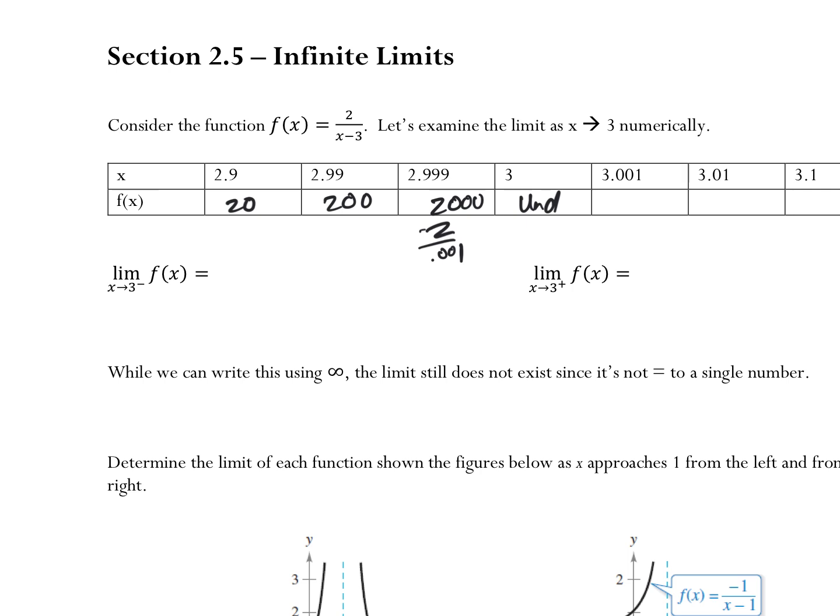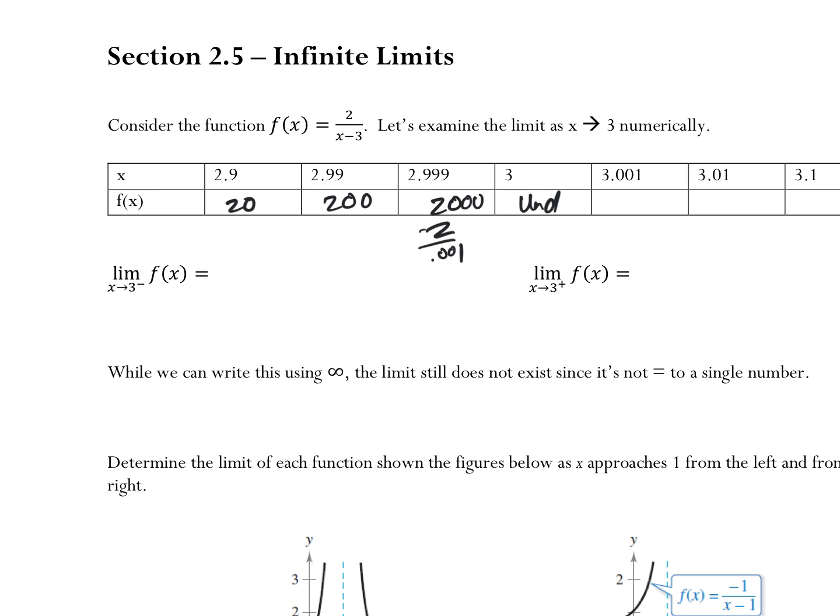Is everybody with me? Okay, so what's happening to my y values as I have it, they're going up, and not only are they going up, they're going up wicked fast. Is everybody good? So the limit doesn't exist because it's going to infinity. Is everybody with me so far?